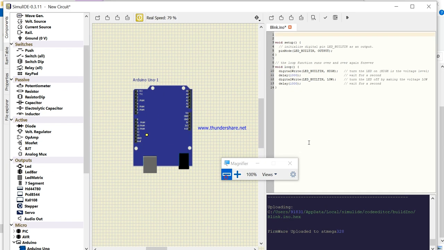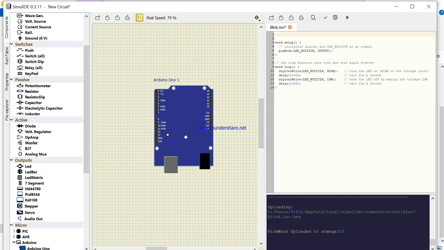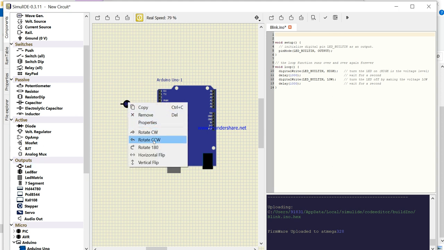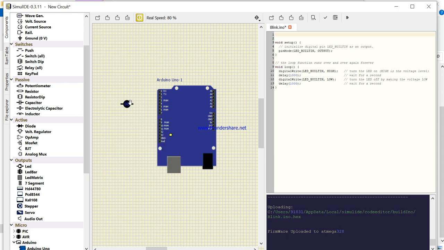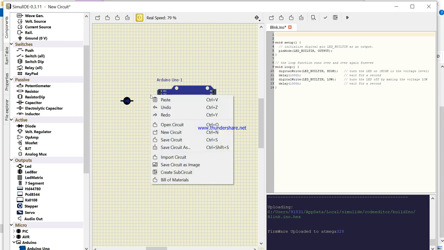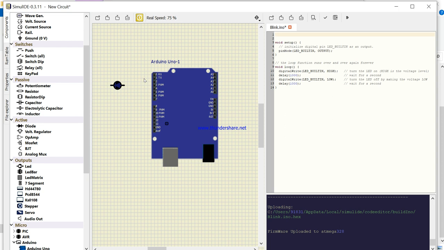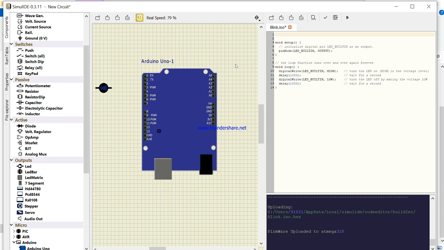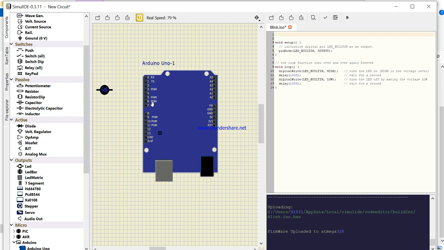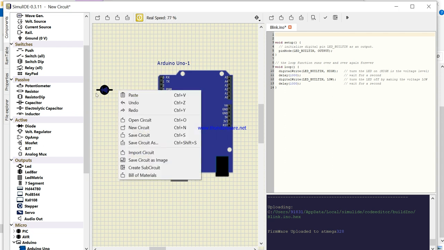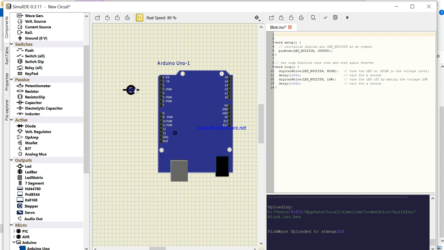For that, take one LED, click and flip it horizontally. Now connect it with pin number 2.